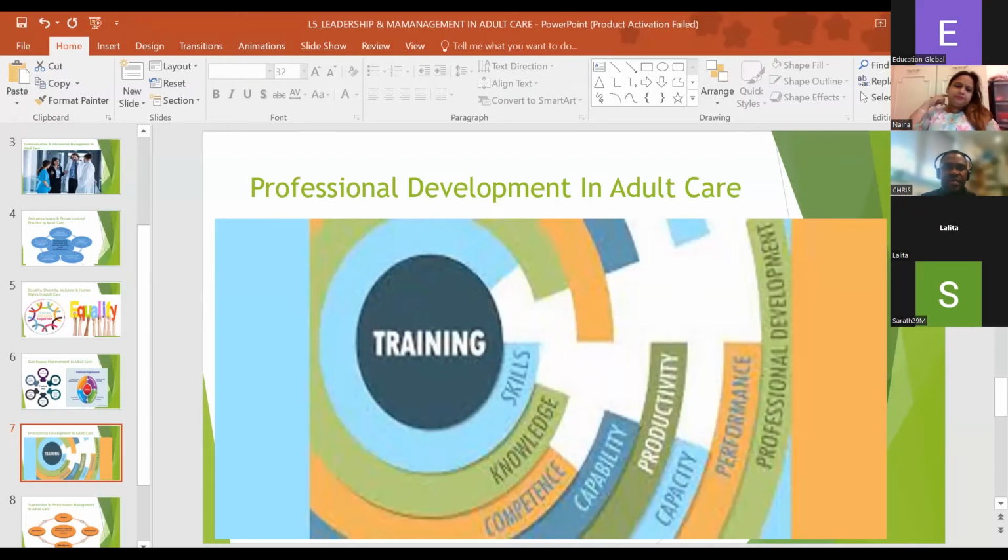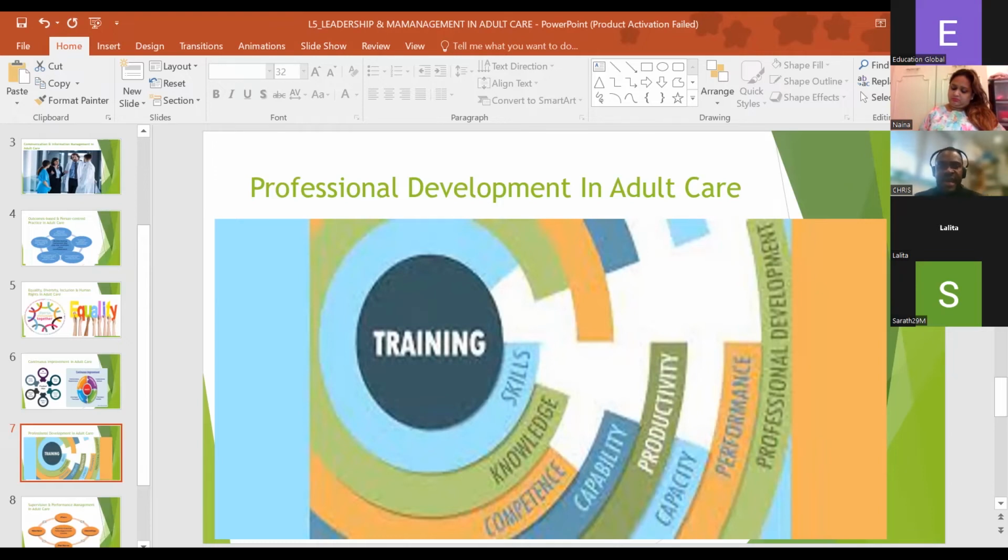Professional development. Yes. So in this unit, we'll be talking about the principles of learning and professional development in adult care. So we'll be looking at potential barriers and constraints in relation to professional development, the importance of professional development, workforce planning and development. That is where you plan for your staff to receive not only reviews, but also trainings in relation to where they have gaps in their performance. We'll be looking at mechanisms and resources that support learning and professional